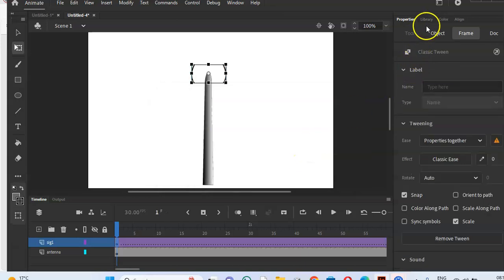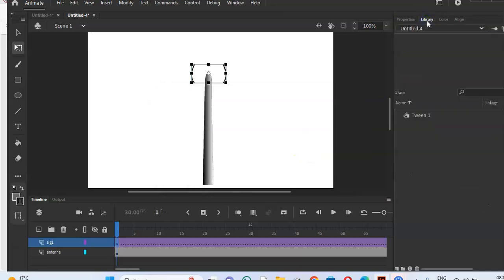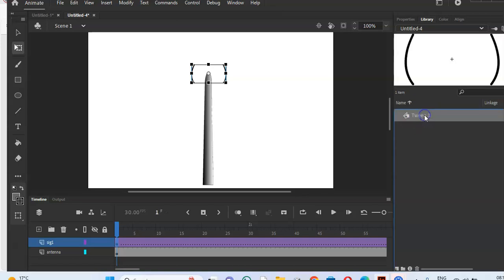So I need to animate some. I've got a symbol which is there in my library, because I need to work on it again later on. All right, with this one, I've done my classic tween. On this first frame, I'm going to